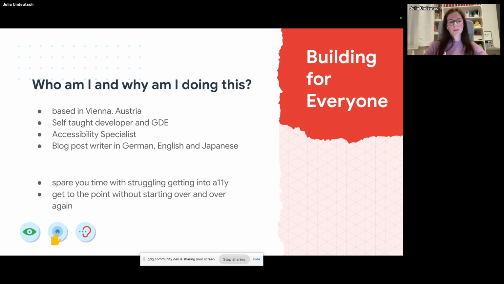And I think I wasted lots of time researching why it's not working, because then I learned that not every browser is supporting this specific HTML element or this specific ARIA role, or not every browser combination is good or works as I expected.